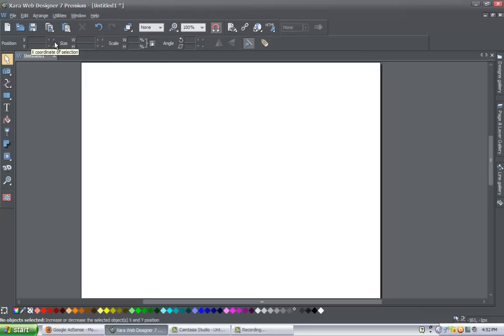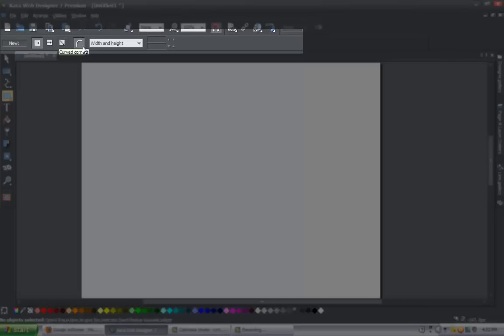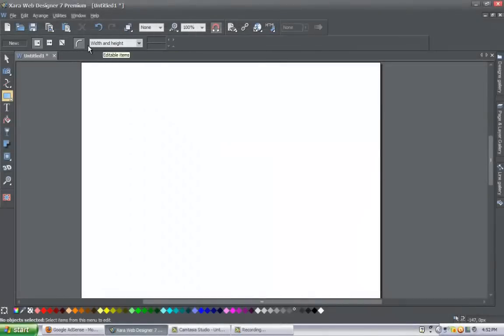The info bar is essentially extra options that you have related to the tool that you choose within the toolbar. So when we have the selection tool selected, everything in this info bar will be related to the selection tool. And when we choose the quick shape square, watch as I choose it, it's going to change. You notice the options change. These are all related to the square. Now I don't expect you to know these already, which is one of the reasons I'm going to go through it with you. So now that you have the square tool selected, if you've left clicked on it,